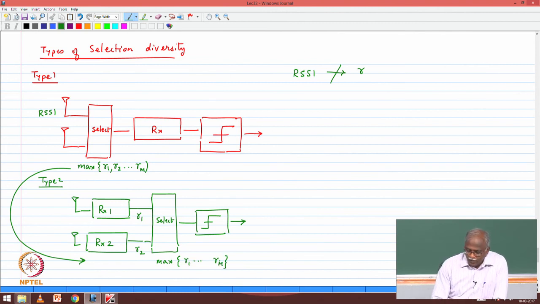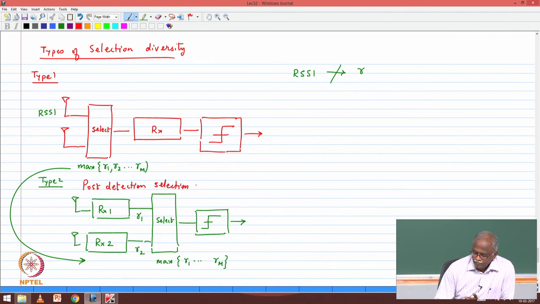So the second one is called post-detection diversity. This is called post-detection. That means you detect both signals and then you decide which one you want to choose. Post-detection selection diversity. And if this is post-detection, the other one has to be pre-detection. Okay, so that's the difference. Pre-detection